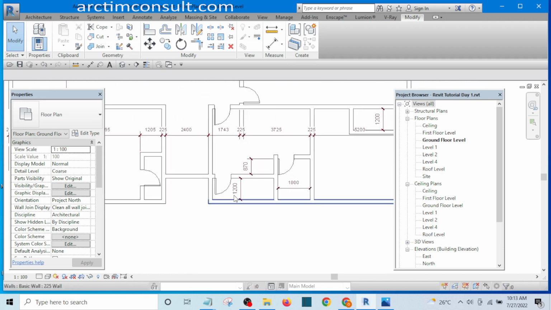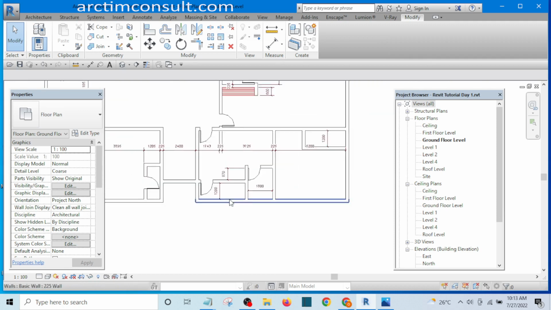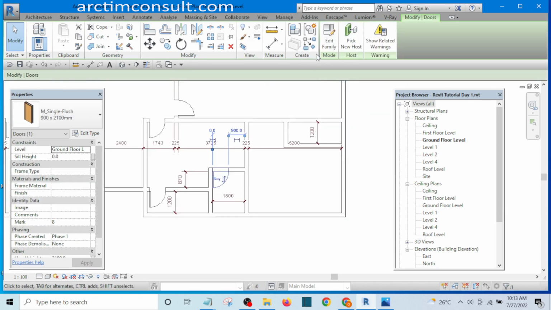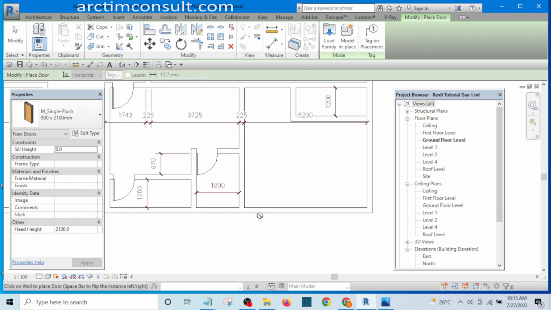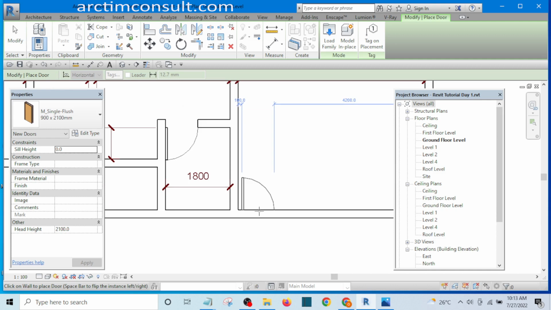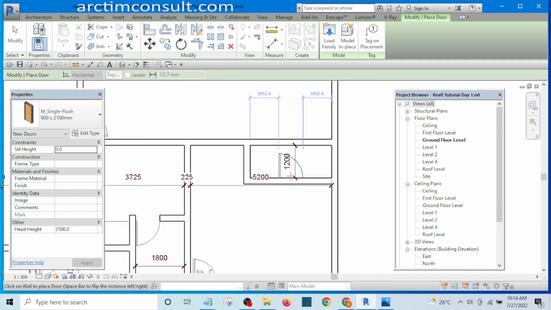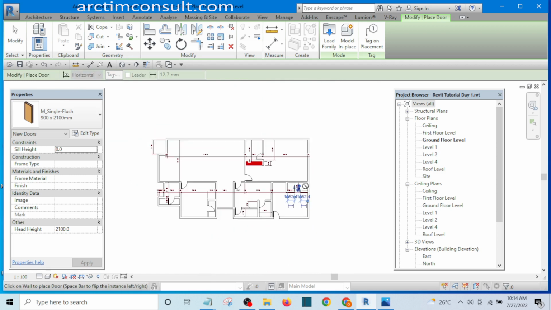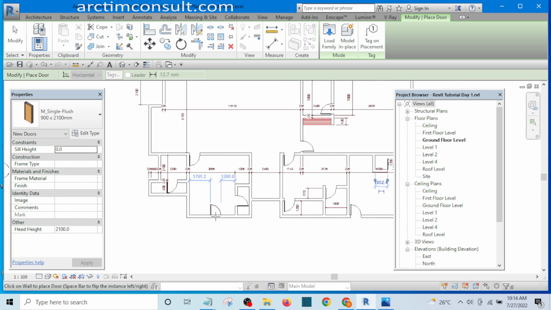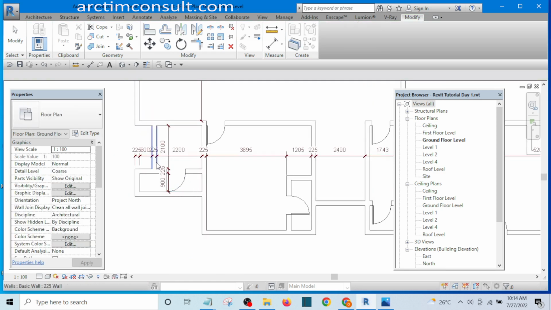All right, this is our veranda, this is our store, and this is our maid's room. The maid will access her room from outside here, and this is the door to her toilet. And we have almost all the doors. The only one that is remaining now is the main door,